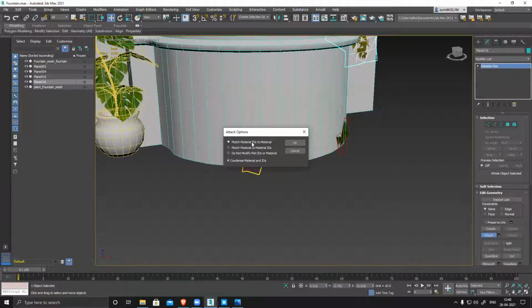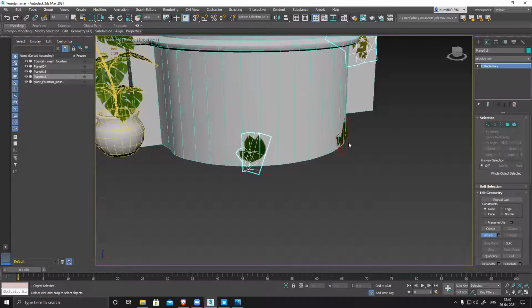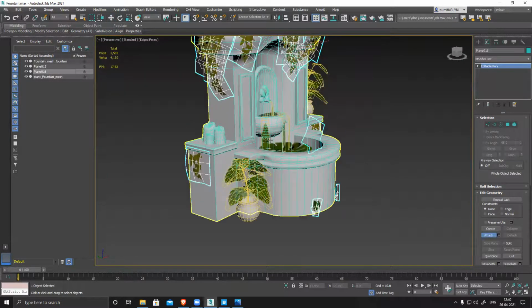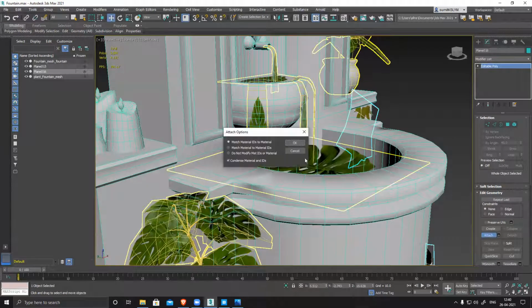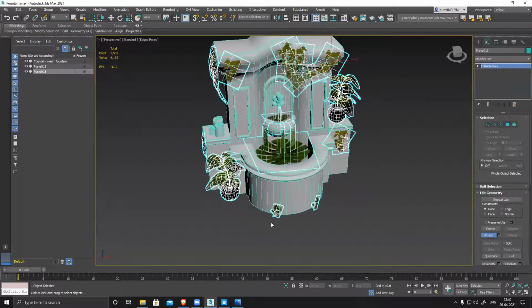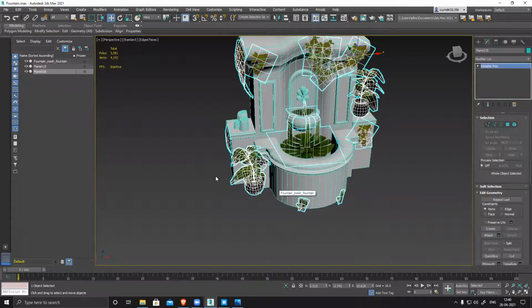So if you click this match ID and material, based on the material ID, it will change the texture. So if I do this, it stays the same because this material ID and their texture are two different maps, so it separates them. Now this also combines, done. So everything is combined, all the alpha areas are combined, except now this spot. Suppose I want to keep it separate or keep it with the leaves, I can do that.